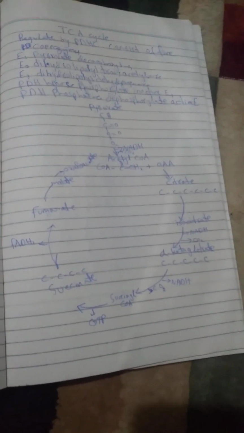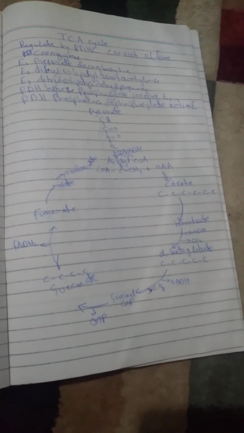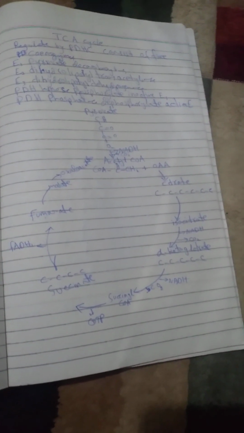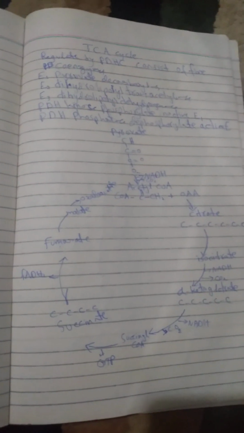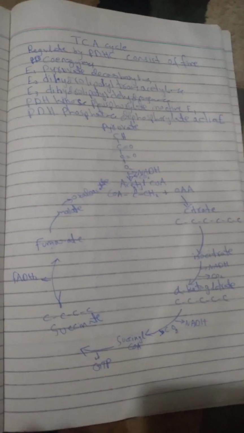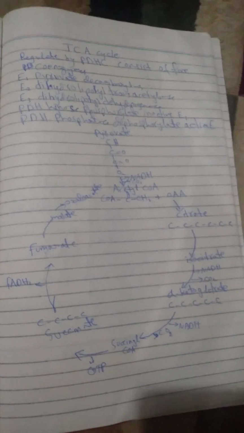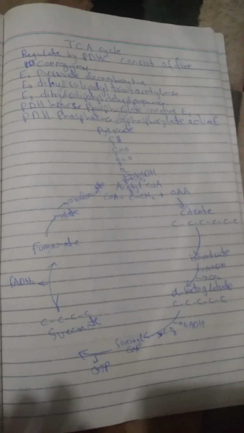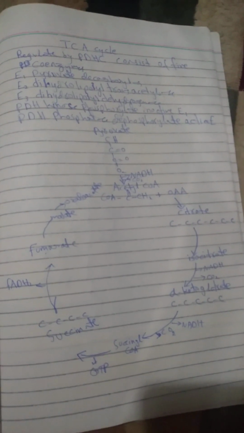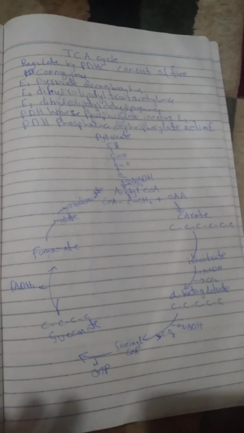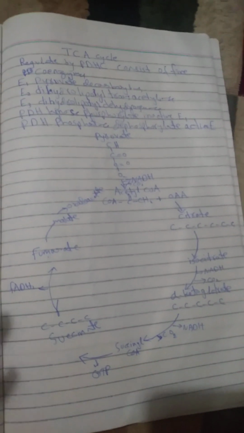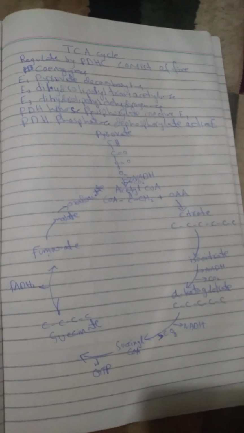So there we discussed first the regulation of the tricarboxylic acid cycle, which is caused by the pyruvate dehydrogenase complex, which consists of 5 enzymes, which I have written below. You can see it. So it occurs in the inner mitochondrial membrane. First, it was discovered by Krebs. Basically, it is a series of chemical reactions like glycolysis, in which pyruvate is oxidized into carbon dioxide. So it also, like glycolysis, gives us energy